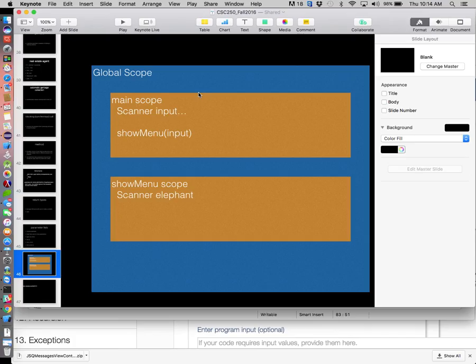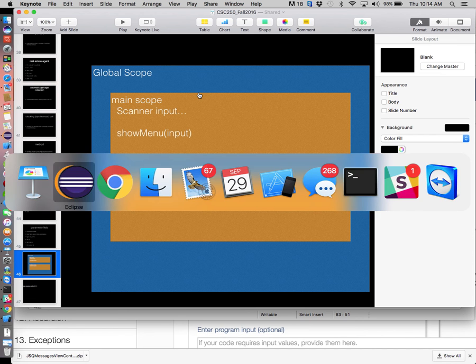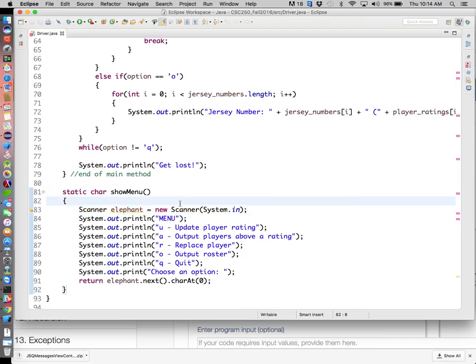So maybe a quick way of saying it is, what is the scope of a variable? It is the area in which the variable is accessible. Where can we access the variable? Something like that. Okay? So we had a couple of different options we were debating last time because